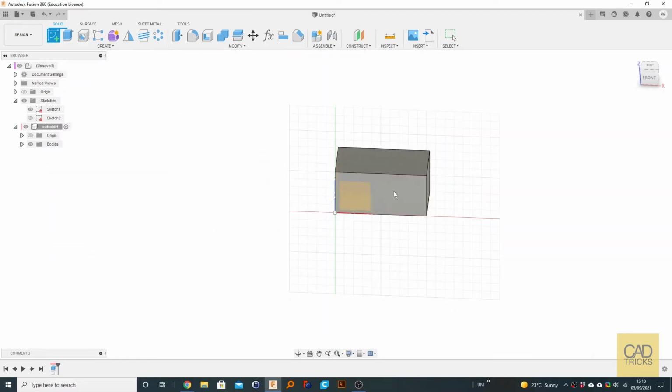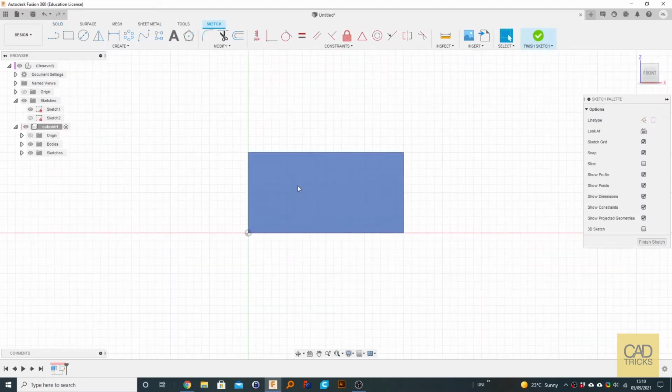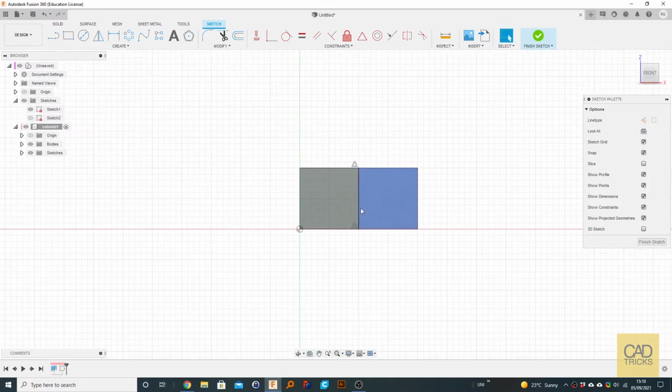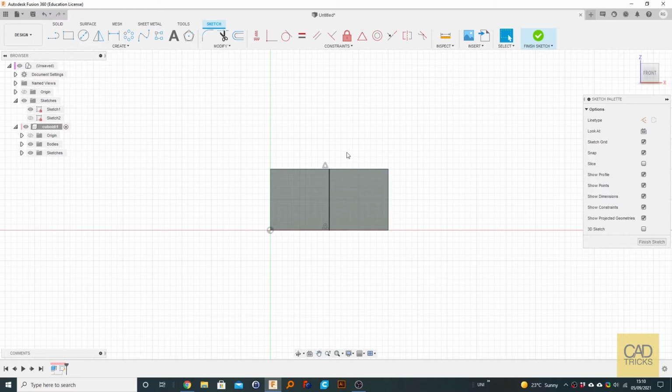Select the face that you want to do it. And let's say I want to create a line down the middle. So we got halfway. You can see the triangle point means the middle. And you see it's black, meaning fully defined. It's fully constrained as well. We can see whatever we do, even this first sketch that we just did, appears in the sketches of the